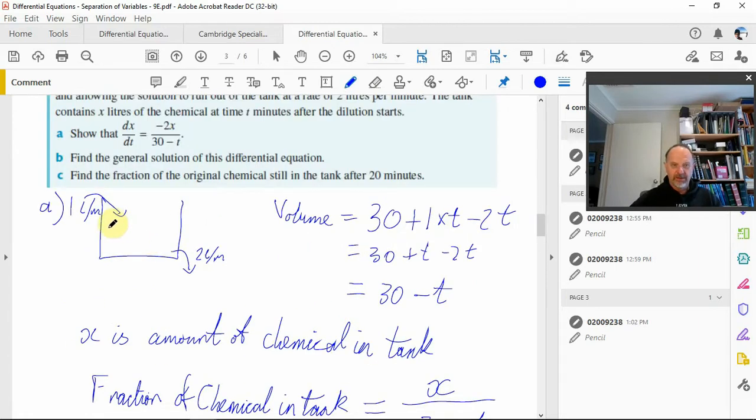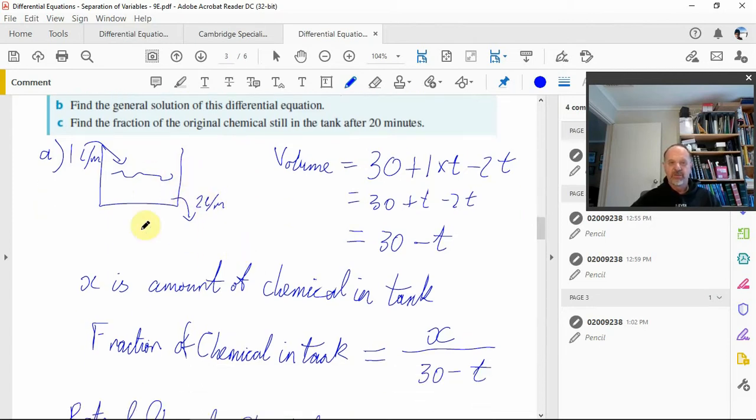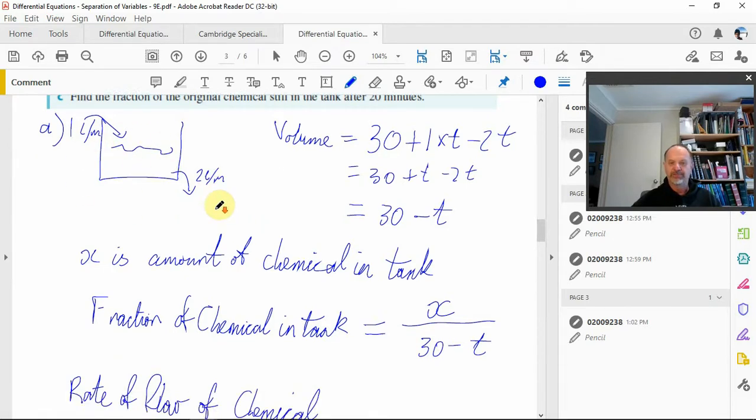So right, we had some water in here, we had some chemical in here, we've got some pure water coming in, it's mixing with that, and then we've got this stuff coming out. And the stuff that's coming out has our chemical in it, plus some water. So what's coming out has this fraction here. All right, so whatever's coming out, so 1 litre comes out, then what we have in that 1 litre is this much of the chemical,